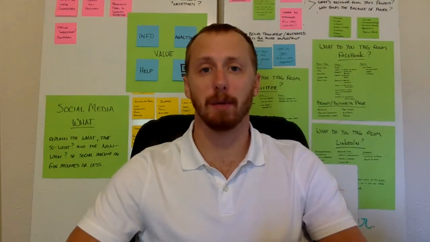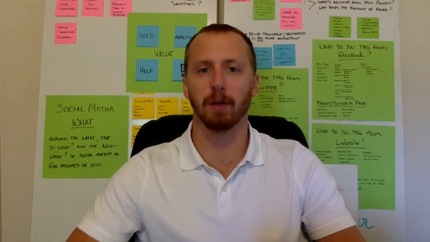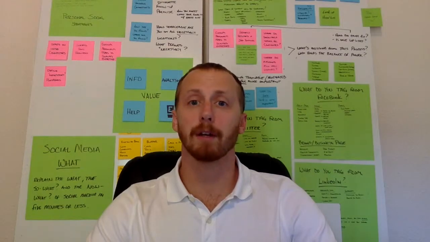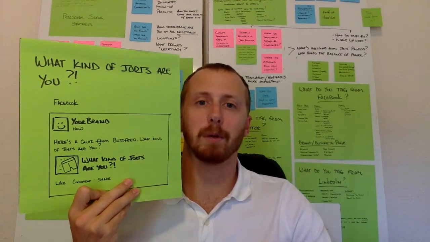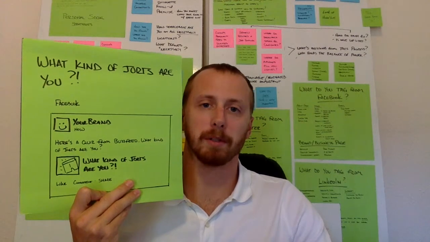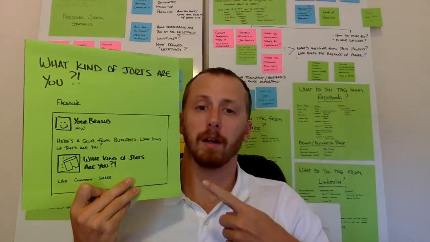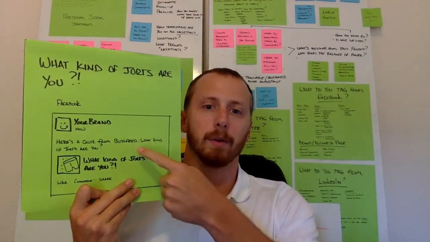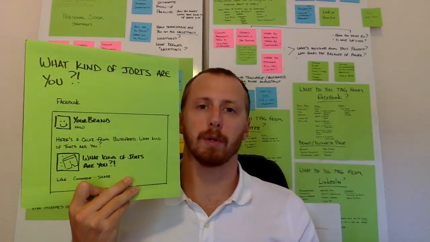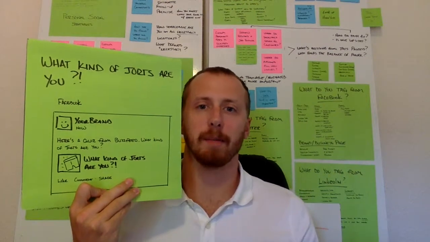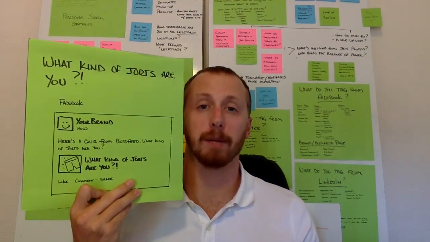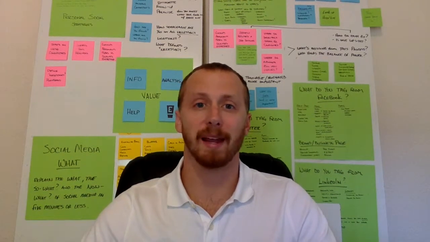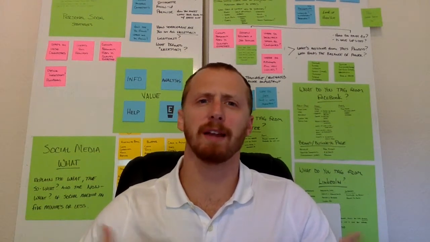So that means every time you post, you should be considering how you want your users to interact with your content. What do you want them to do with it? So let's have a look at an example. We're going to be using one of BuzzFeed's ultra classy quizzes, What Type of Jorts Are You? Here on our post, you'll notice we've got a basic representation. We've got, here's a quiz from BuzzFeed, what type of jorts are you? The content generated by Facebook, and not much else. It's pretty basic. Now our user is going to see this, and they might click the link. We might get a like out of it, but not much else because we haven't asked them for anything.